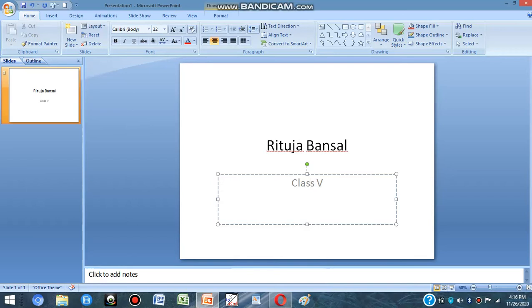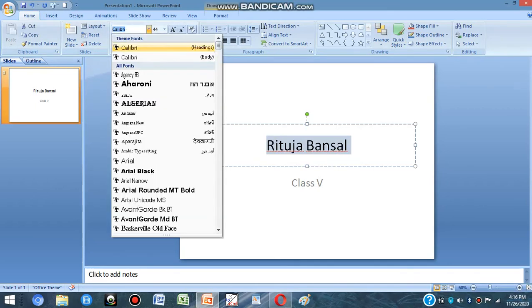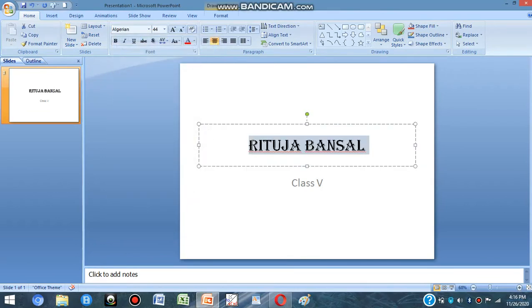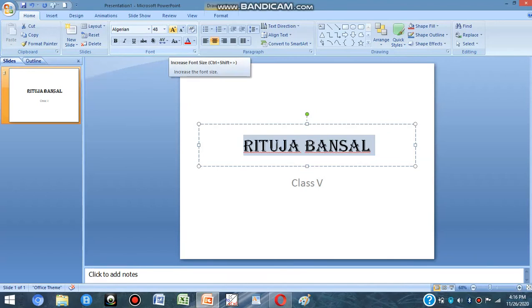So we will change their fonts. To apply any formatting feature to the font, first of all we have to select the text. Now in the Home tab, Font group, we can change the font style, then we can change the font size, bigger or smaller. Near font size, the big capital A and small capital A, that is Increase Font Size and Decrease Font Size, are also present.